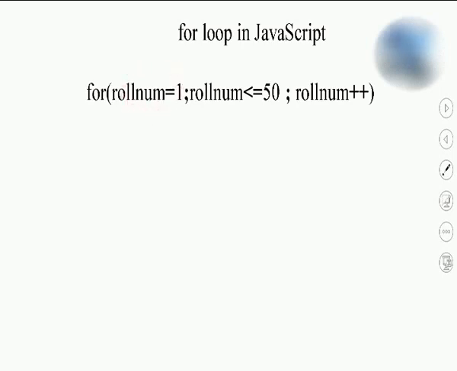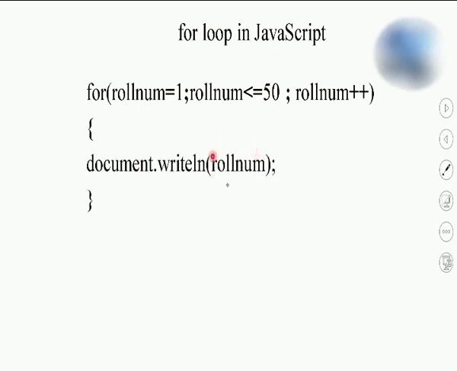Now here roll number I have initialized as 1. So this is a variable name. This part is called initialization. This is called the condition, the middle part, and third is an increment or a decrement. Here these are separated by a semicolon. Students, it is a semicolon and not a colon. So you need to observe it, because in the examination you should not make a syntax error over there.